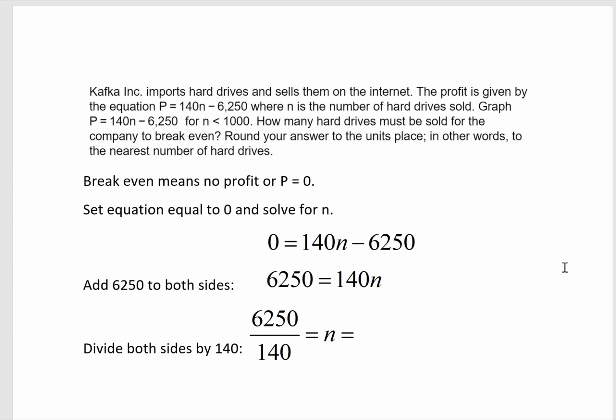We can solve this algebraically. Breaking even means no profit, or P equals 0. So I'm going to set this equation equal to 0, let P equal 0, and solve for N. The first thing I do is add 6,250 to both sides, and then divide both sides by 140. So if I take my calculator,